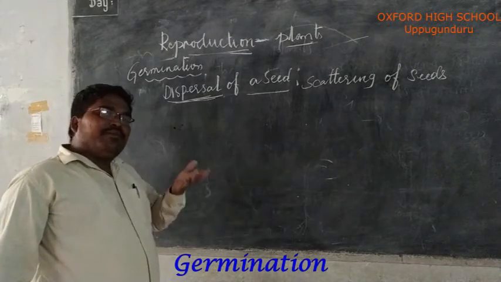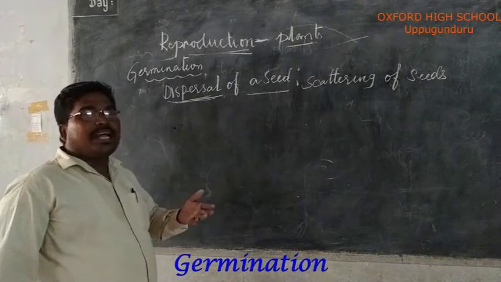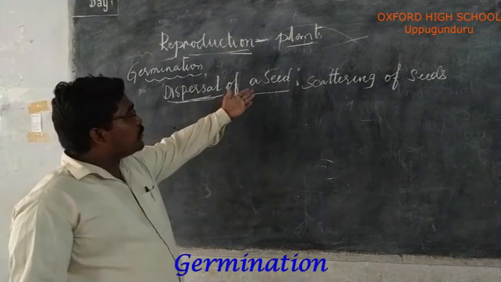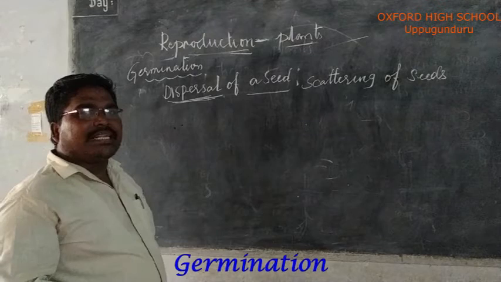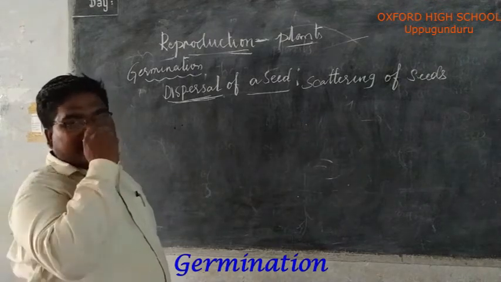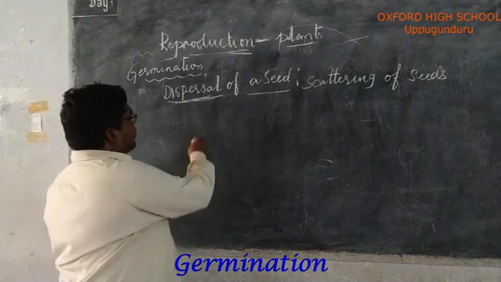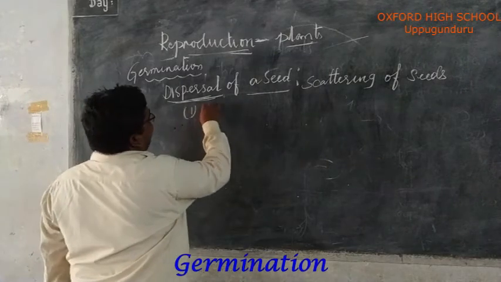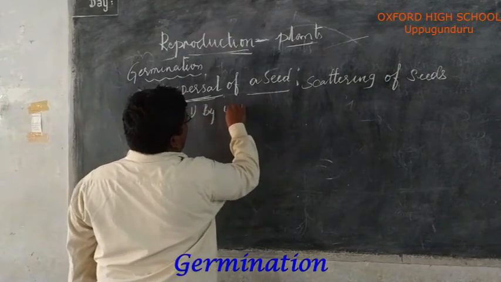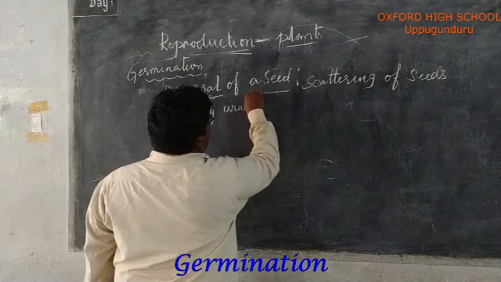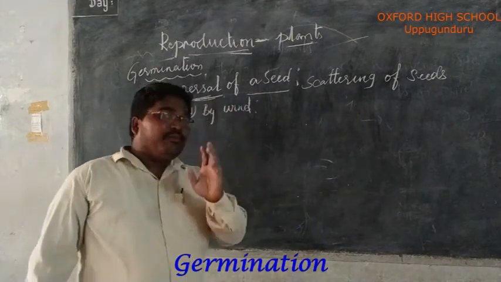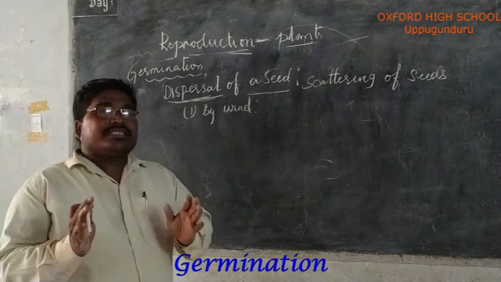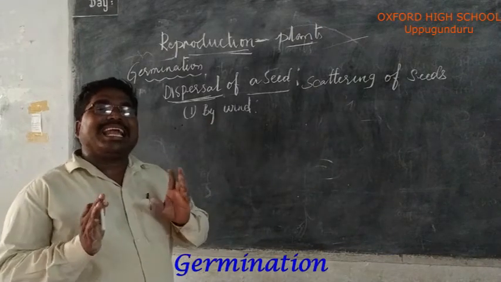There are many ways for the dispersion of a seed. Among them, we will discuss a few. One is seeds dispersed by the wind. So, dispersal of seed by wind. Some of the seeds are light in weight,